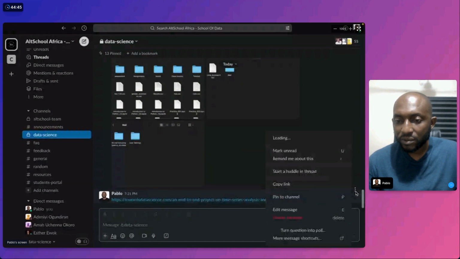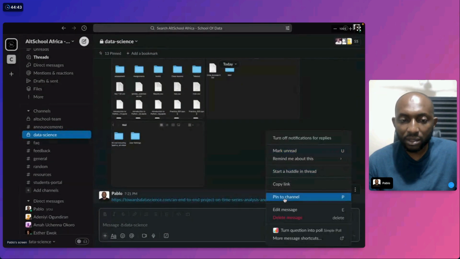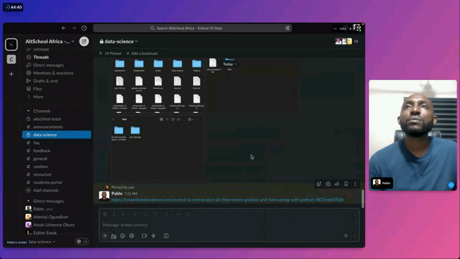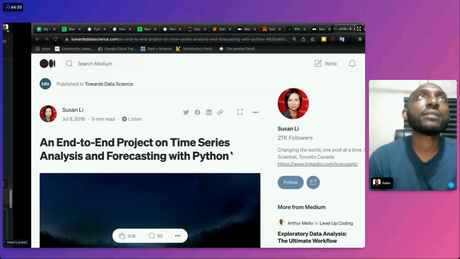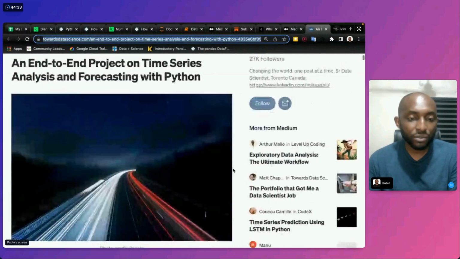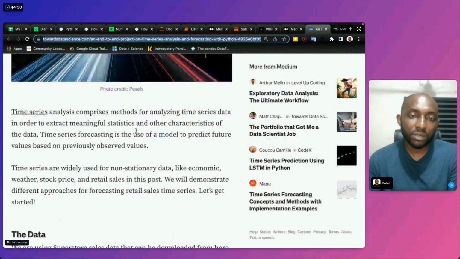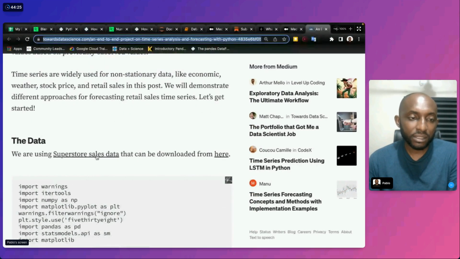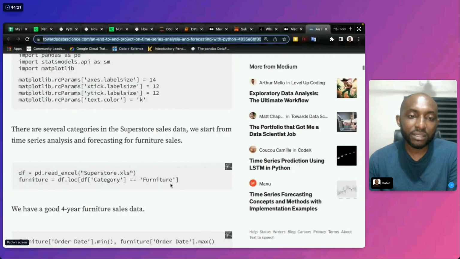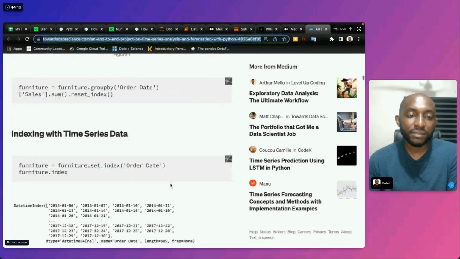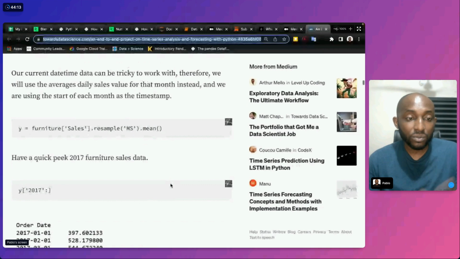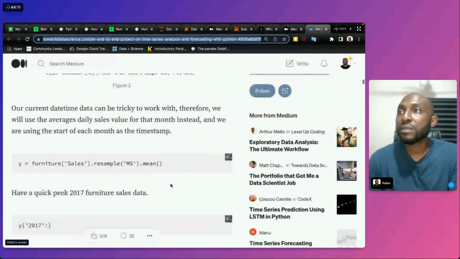Really cool. See if you can do it. Let me pin it here so you guys see. Right, so right here. If you read through this, it's good. You're going to learn about all this. And the data are there. You can download the data, and then copy her code and see how her code makes a lot of sense and how you can analyze it.